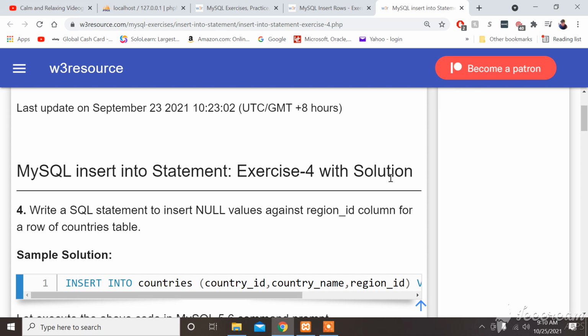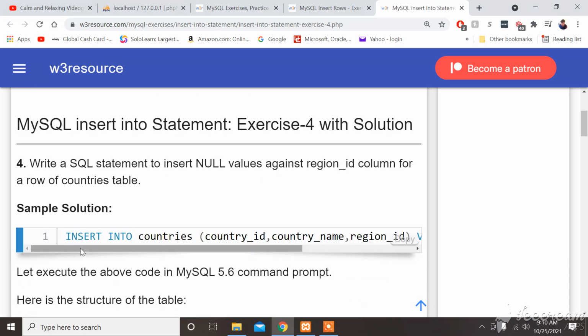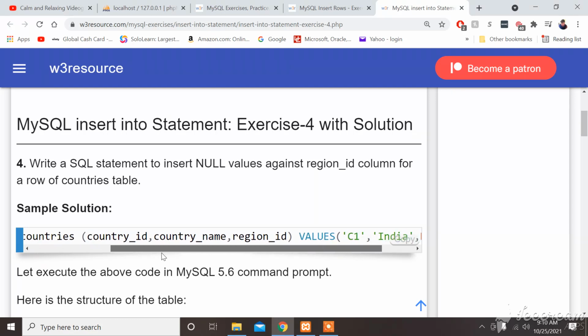SQL statement: write SQL to insert null values against the region ID column for a row of the countries table. Alright: INSERT INTO countries (country_id, country_name, region_id) VALUES ('C1', 'India', NULL);